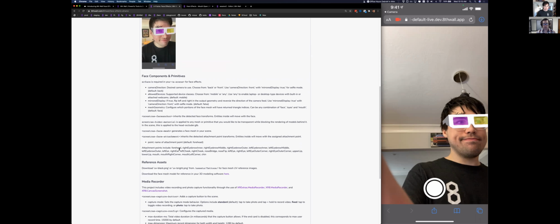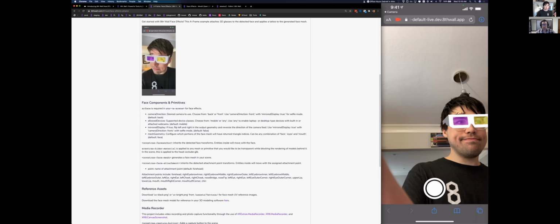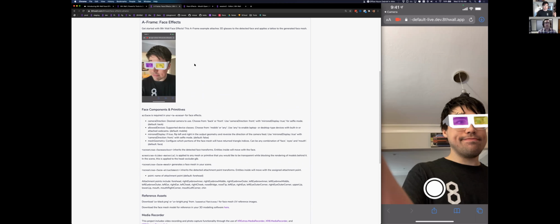And we've got all kinds of different stuff in there. Nose tip, left eye, outer corner. It gets pretty granular. The next part is going to be the face mesh. Like I mentioned before, this is the ability to, as soon as the camera opens, find your face, and then it can create a mesh that's form fit to your facial structure. And that can lead to some pretty amazing effects. But in this particular example, it's pretty simple. It's just applying a 2D texture against your face with a transparency, like an alpha channel,